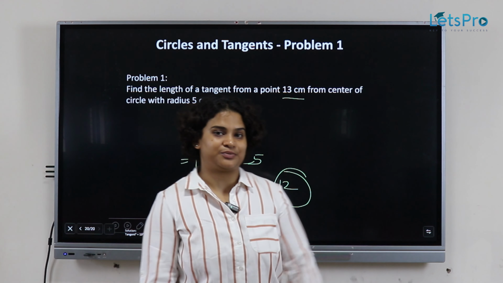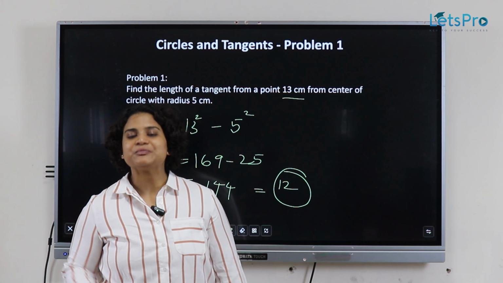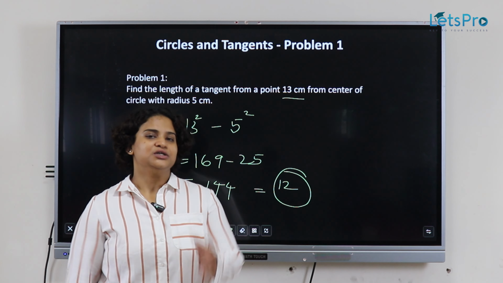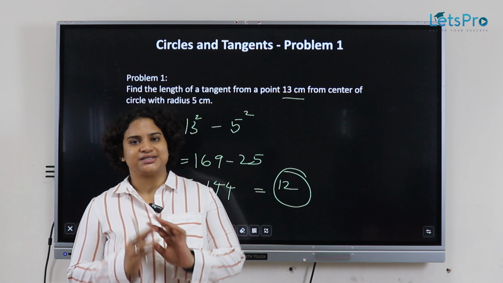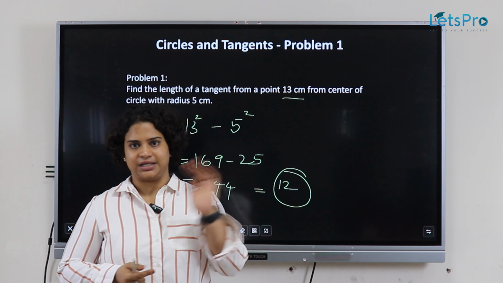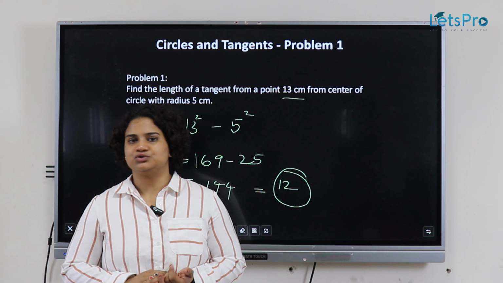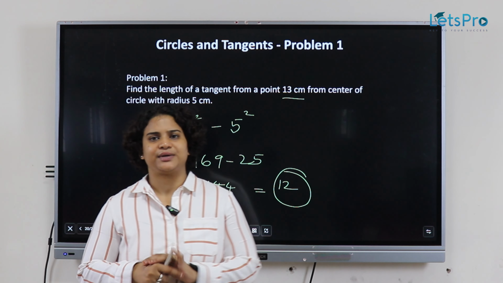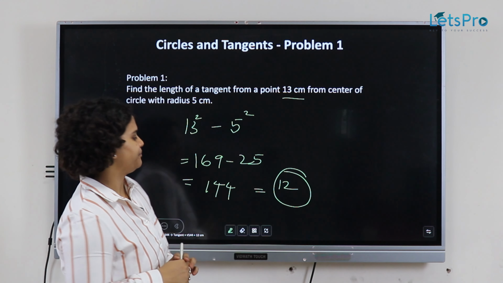Now, how am I doing all of this? Because I know the squares and square roots, cubes and cube roots until 30. So you are also supposed to know all the squares and cubes until 30. Okay. Quickly, 2 square is 4, 16 square is 256. You should be able to answer all of this that way. Okay.